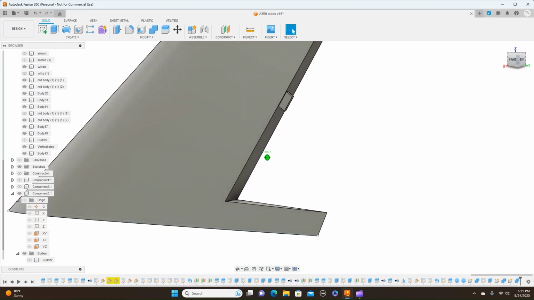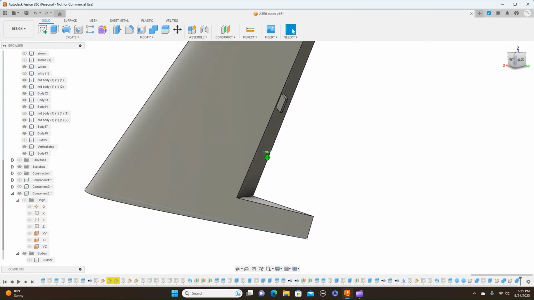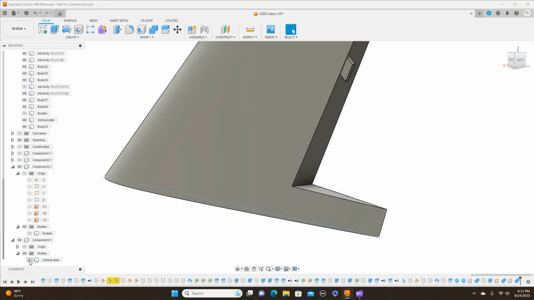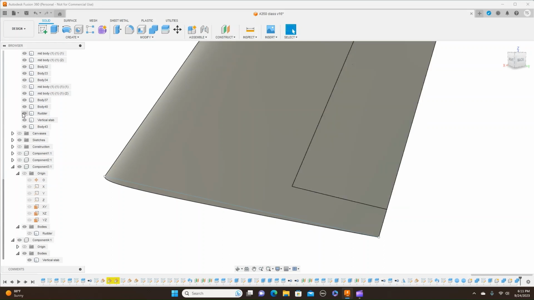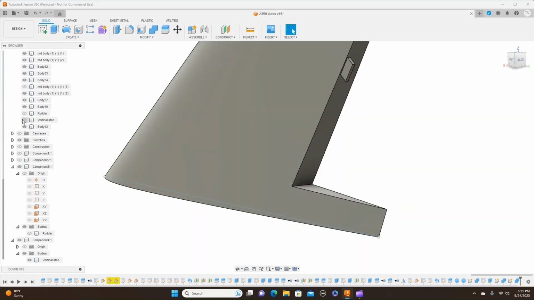Now we have the two pieces. And that's how you do that, where we have both of those now. And now we can turn the rudder back on. And if we turn the vertical stab off,